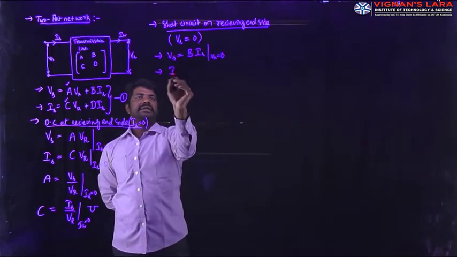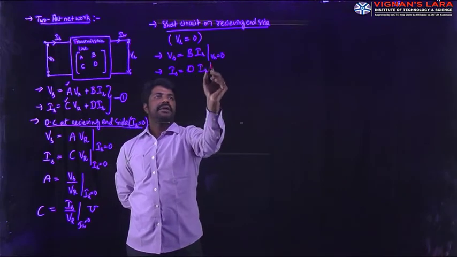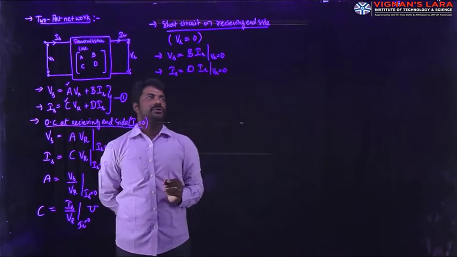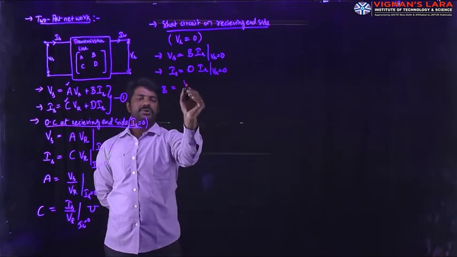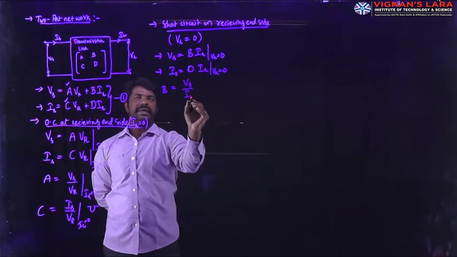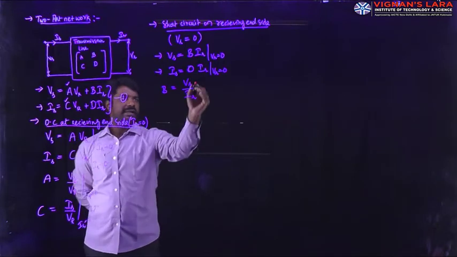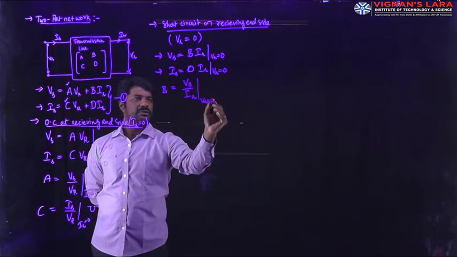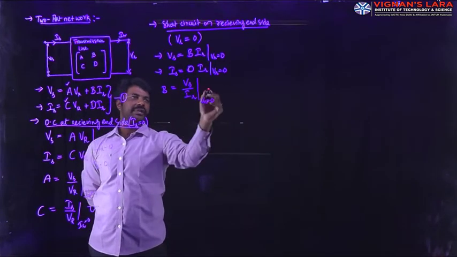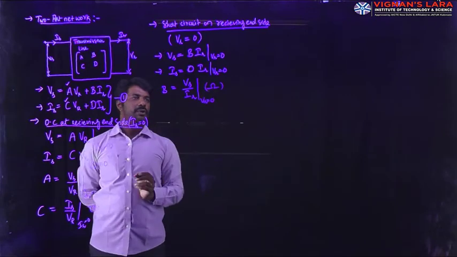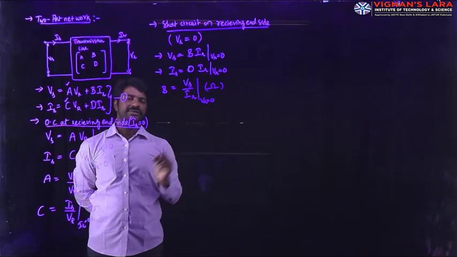And next, the current Is is equal to D IR with the condition VR is equal to 0. Rearranging the terms, the constant B is the ratio of Vs to IR with the condition VR is 0. As the ratio of voltage to current is impedance, whose unit is ohms, the B constant has a unit of ohms and it is equivalent to the impedance of that line.